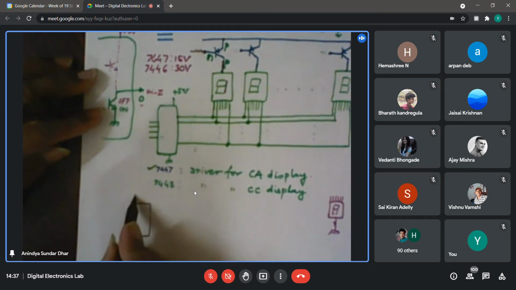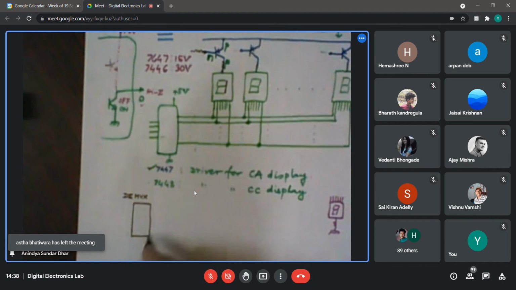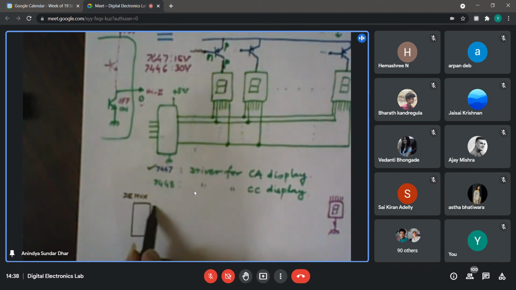So for a demultiplexer, like a multiplexer, we generally specify how many lines it has. So what should be the specification of a demultiplexer? 1 to 8. Okay. So if there are 8 output lines, what do you do with them? 1, 2, 3. Suppose there are 8 output lines.